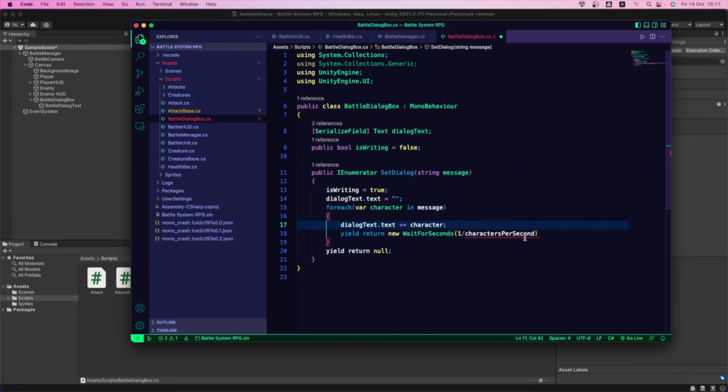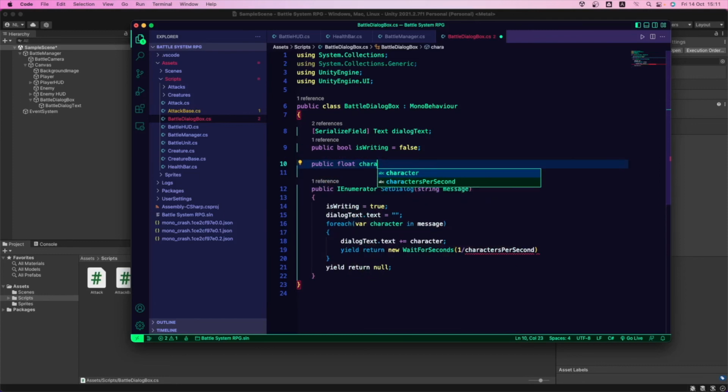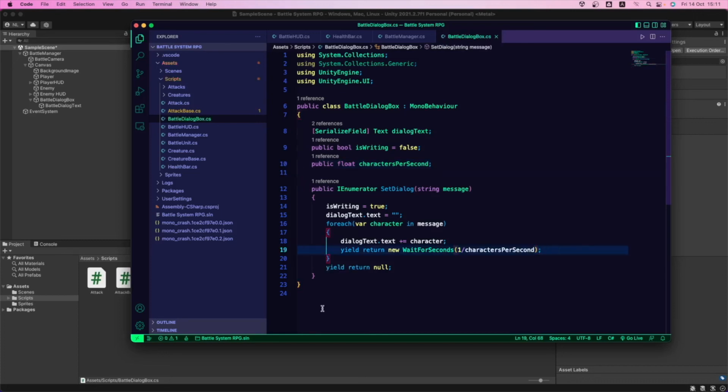We haven't created this variable, so we're going to do that here: a public float charactersPerSecond, so we can set it from the inspector if we see it's too fast or too slow. Let's add this semicolon here. Let's save this, and now we've got the functionality. Now we can erase this. Now we've got the functionality to write letter by letter.